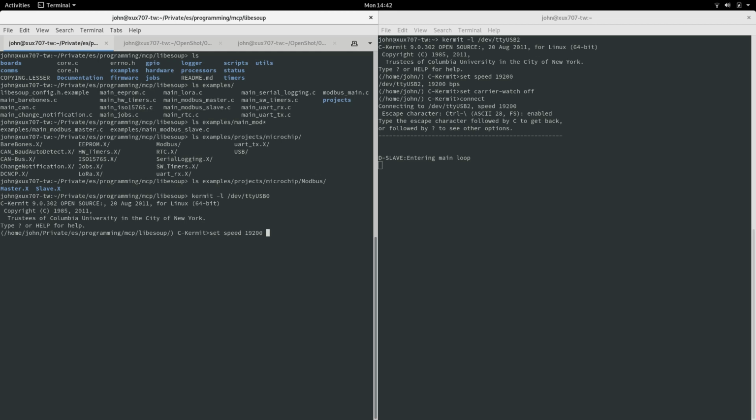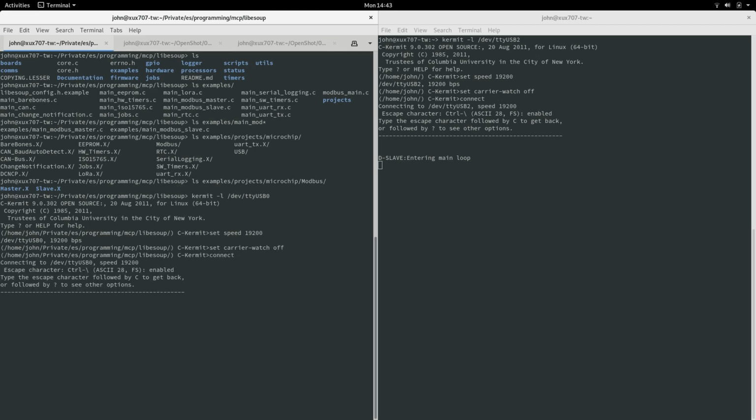Now we're using 19K2 for the serial logging. Our Modbus channel is operating at 9600, but that's a different serial port. So carrier watch is off and connect. So now if I turn on the master,